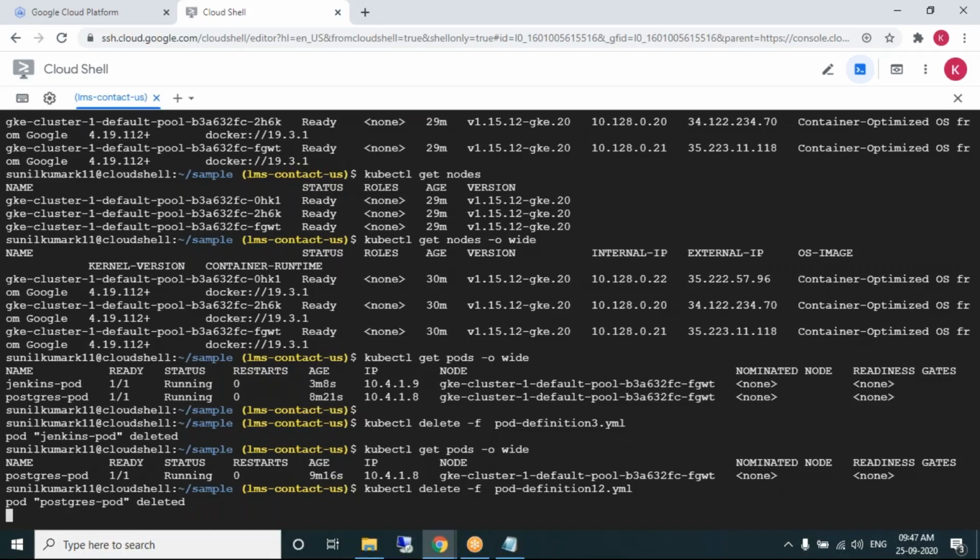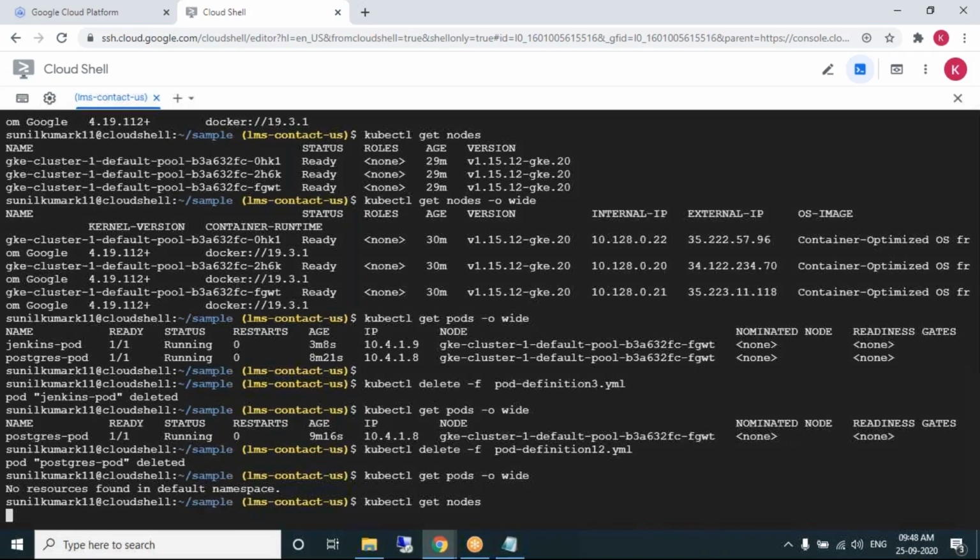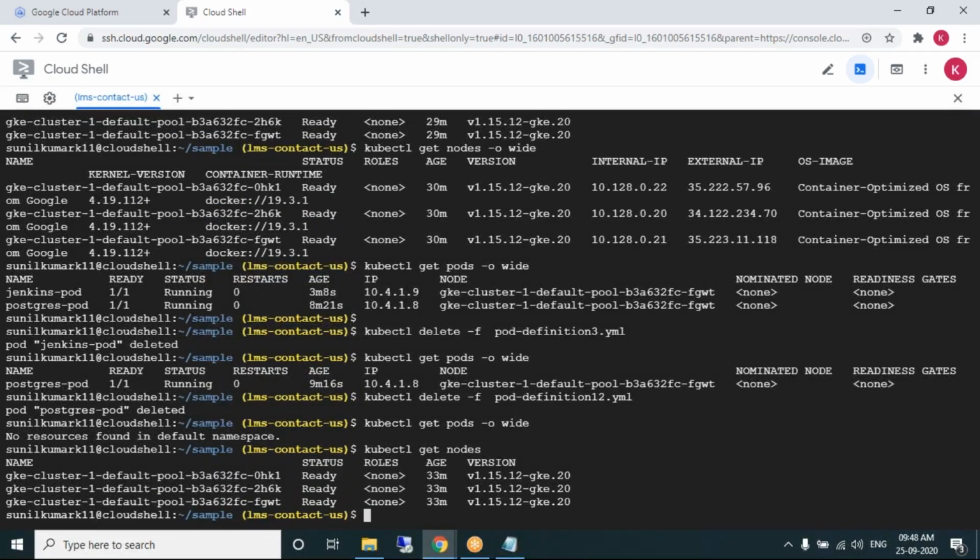Delete. Get pods, no pods. Get nodes. How many nodes? 3 nodes. Clear? Clear about this? How to deal with pods, creating the first component, the pod.